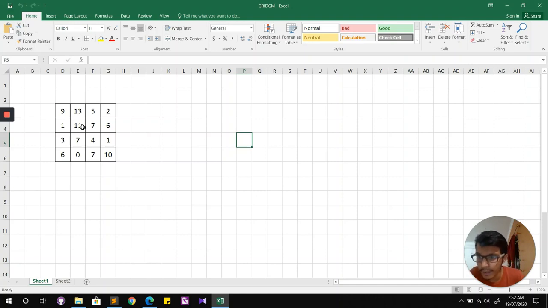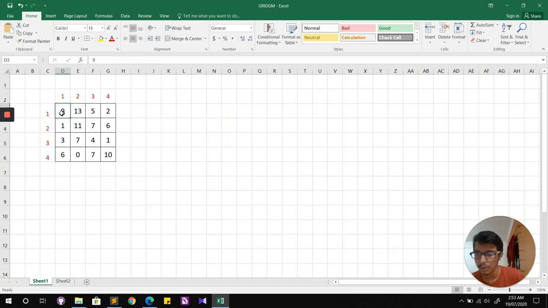For example, let's take a small example in this matrix. Let's take the numbering like this, so these are the rows and columns.